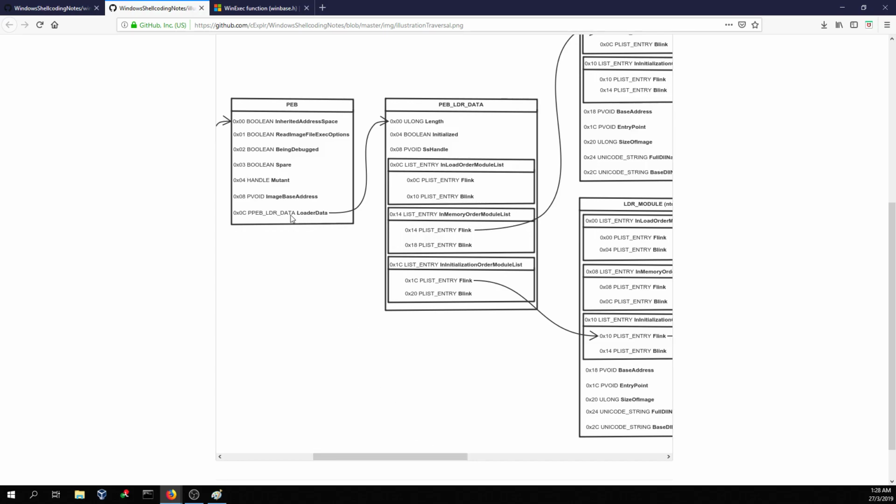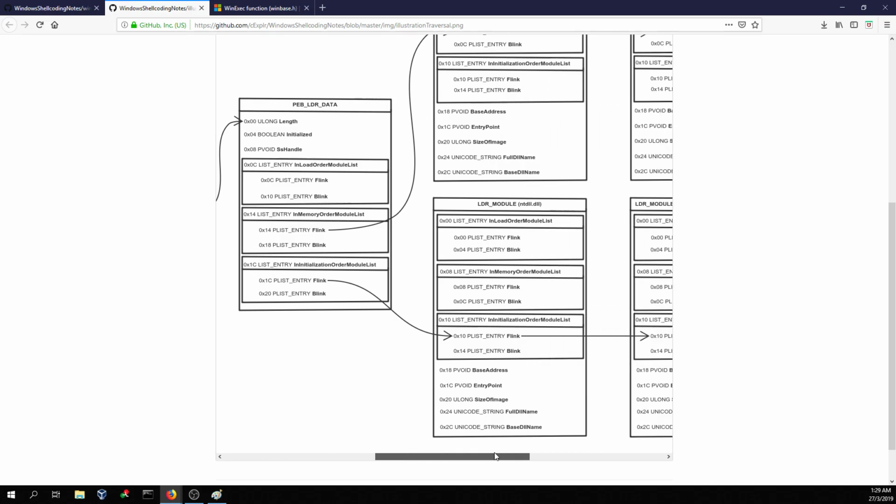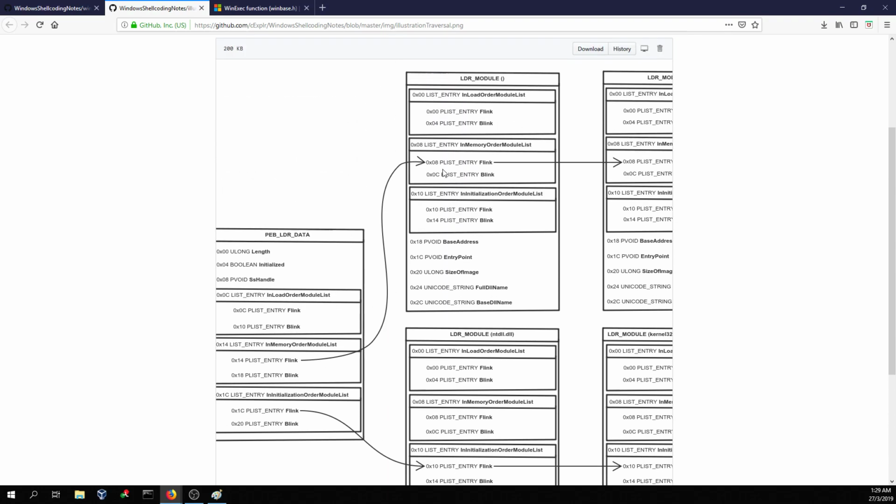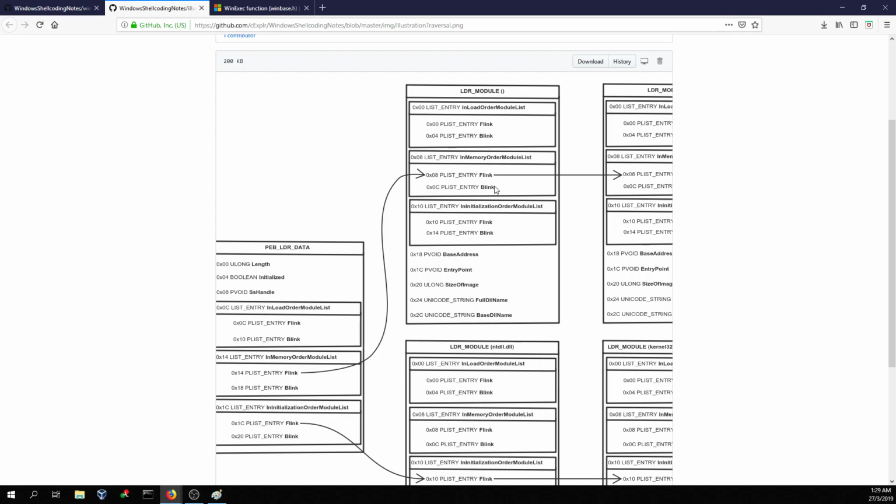And this is the address that points to this data structure. Remember the InMemoryOrderModuleList. There are three lists that I was talking about, but this was the important one, which is a linked list. We can look at this. In the InMemoryOrderModuleList, they call it Flink. Flink points to the first entry, which I think is intended for